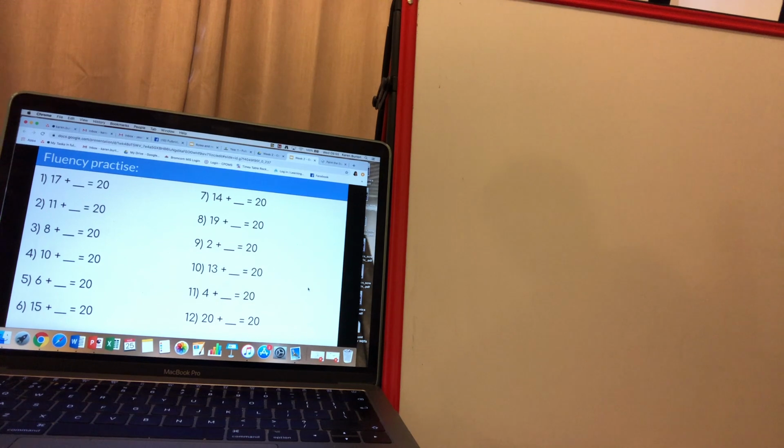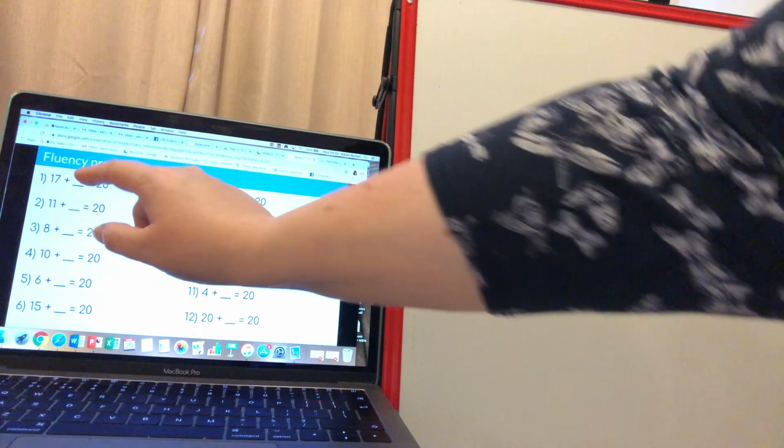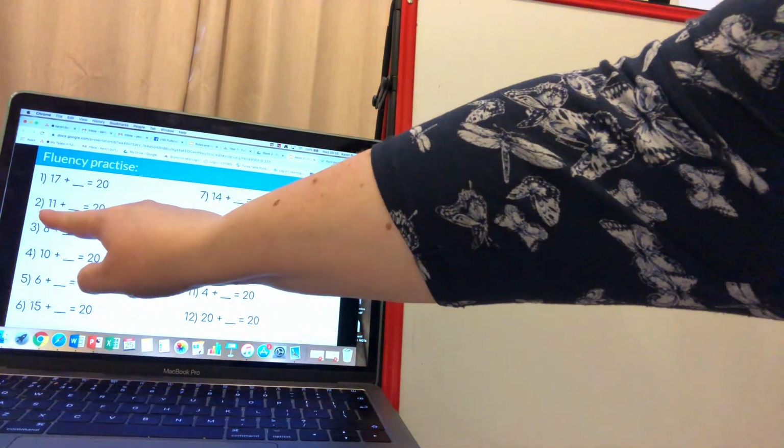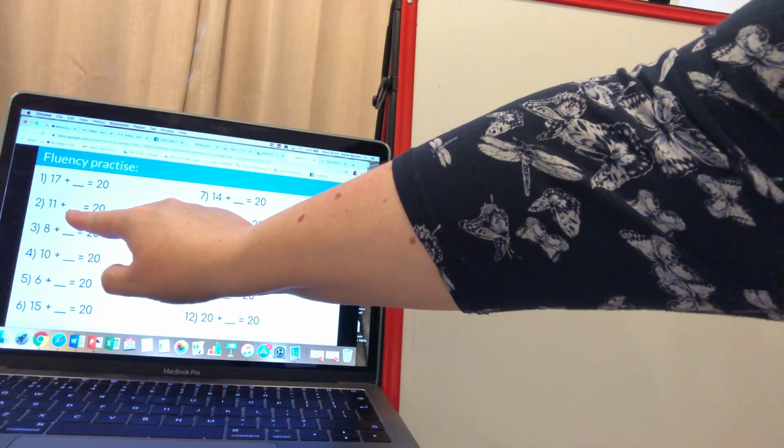Okay, so let's go through the answers. You need to be really looking at the number sentences you've written down because I'm not going to write the answers today. I'm just going to tell you them. So you need to be looking to see if you've got the missing number that's underlined correct. Okay, number 1, 17 add 3 makes 20. Number 2, 11 add 9